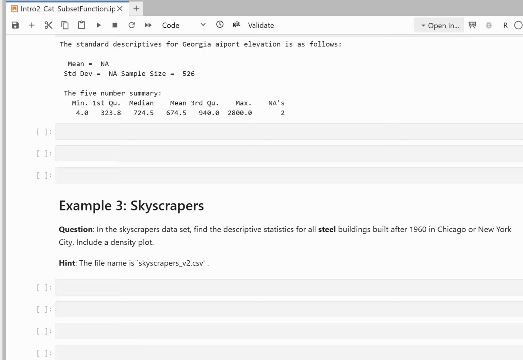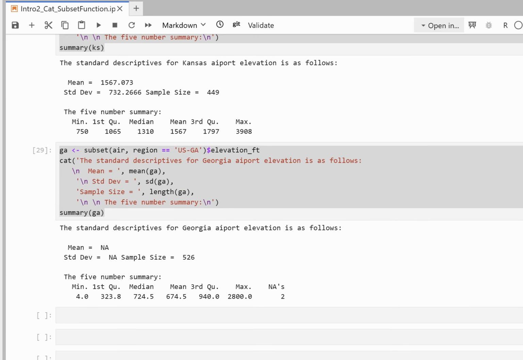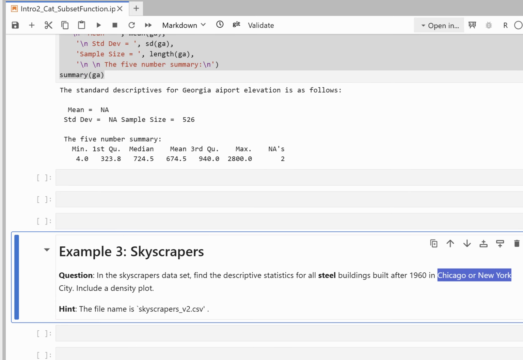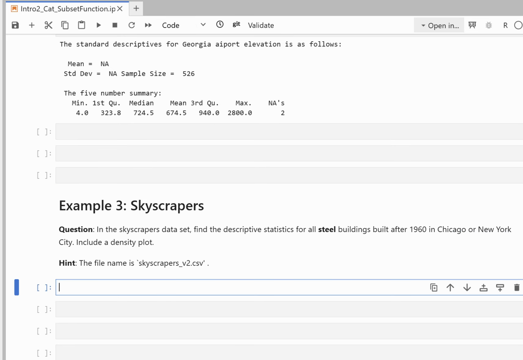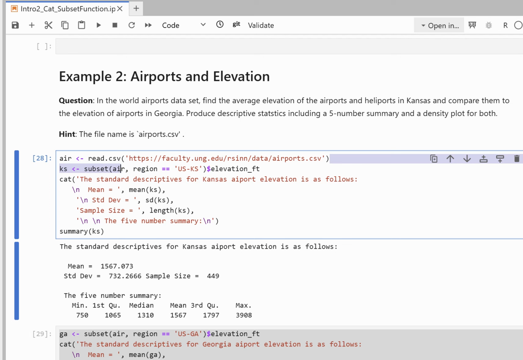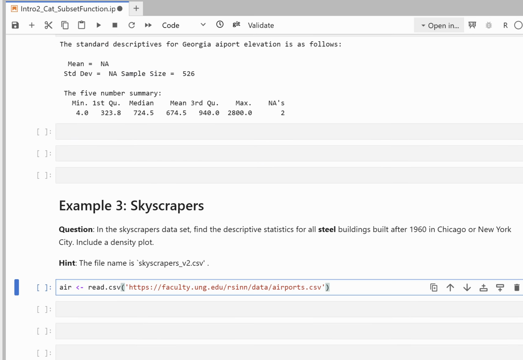Okay. And then in the skyscrapers data set, find the descriptive statistics for all steel buildings built after 1960 in Chicago or New York City. Wow. Oh, and they wanted a density plot. I'll show the density plot on this one. Okay, so what are we going to do? Well, the first thing I'm going to do is grab this, right? And okay, so I'm going to call this sky, and I want